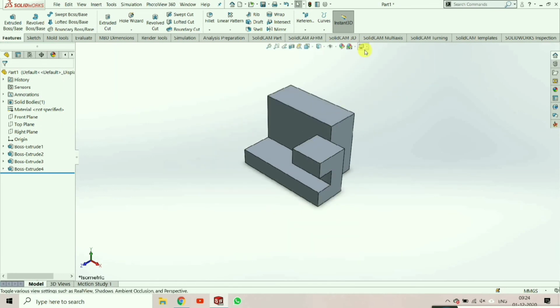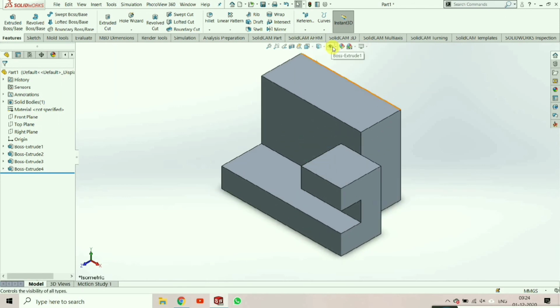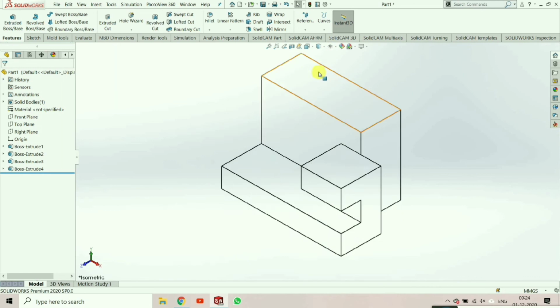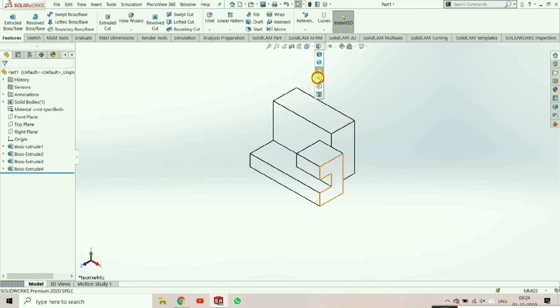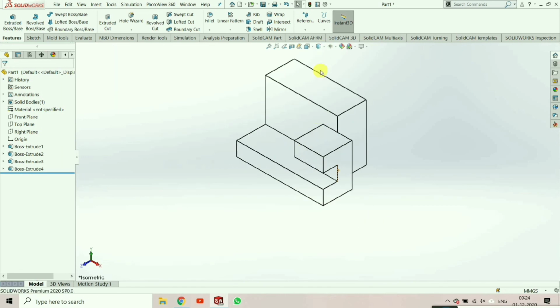You can see the perspective view of the part, and without perspective view, or ortho. Types of views: edge, linear. Okay, this is hidden line visible.